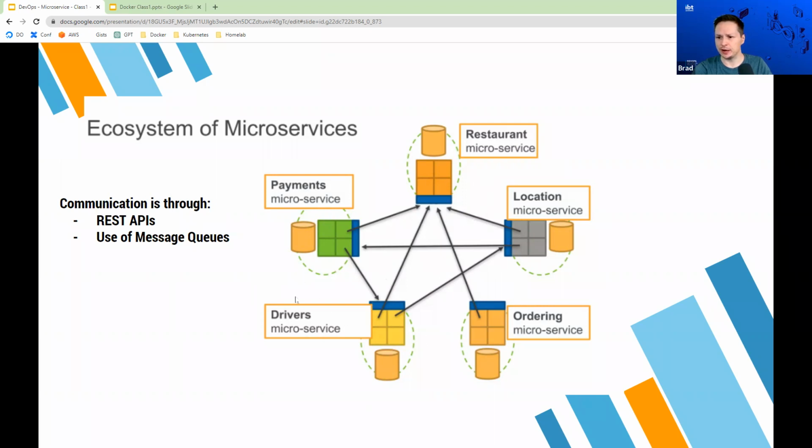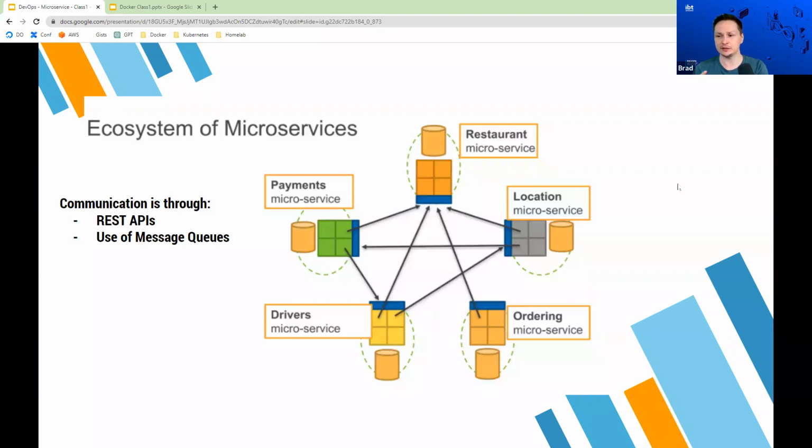So you can see the drivers microservice is talking to the restaurant microservice's public API, and it's also talking to the location API, right? We need to get the location of our drivers, and the drivers need to get the restaurants that they need to go pick up everything from, right?